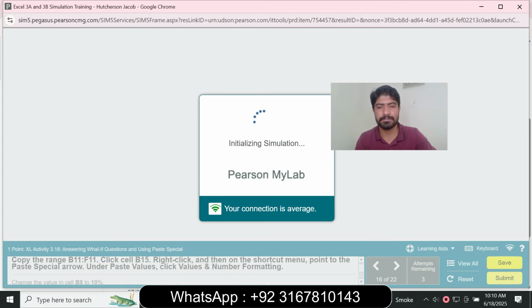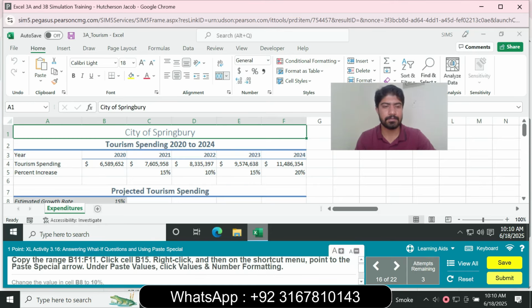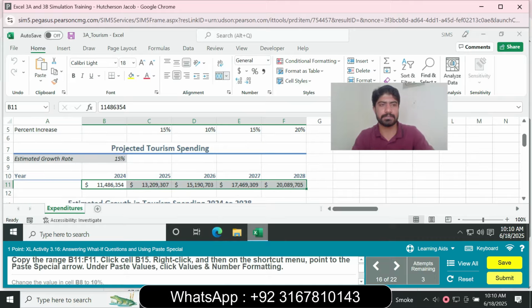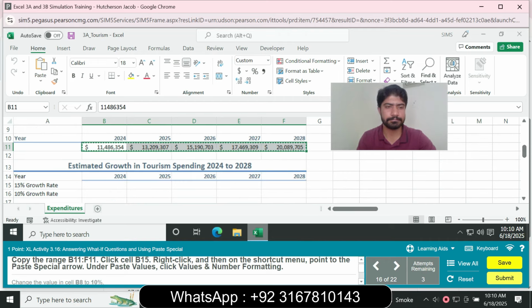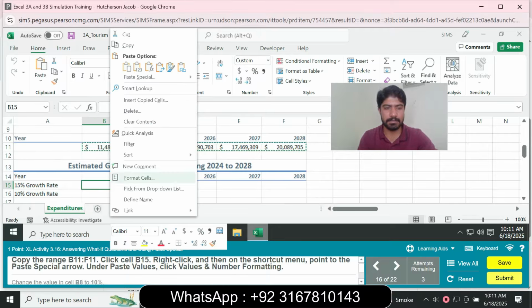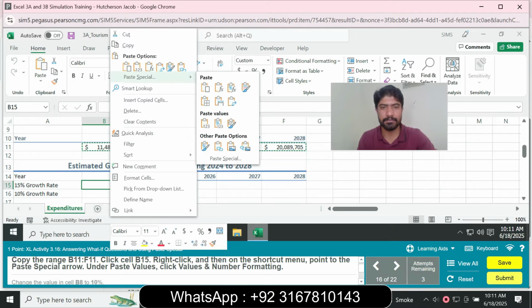So question number 16 is, copy the range B11 to F11. So copy the range B11 to F11, press enter to copy, and right click B15. So select B15, right click and click Paste Special, then Values and Number Formatting,